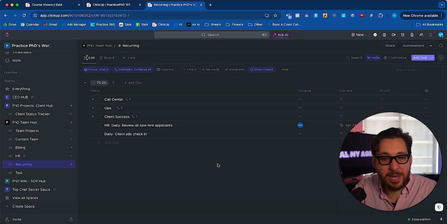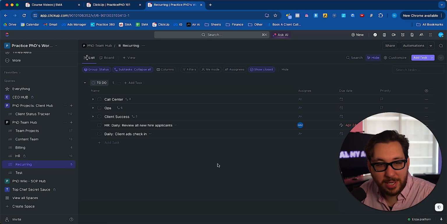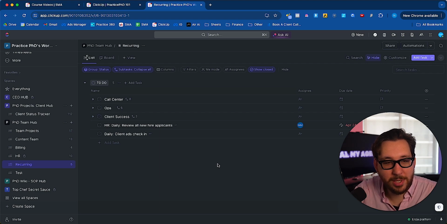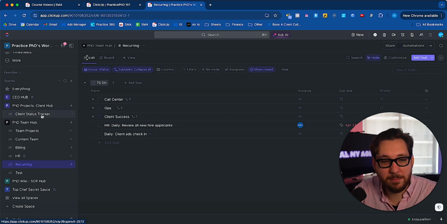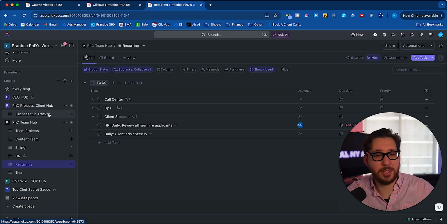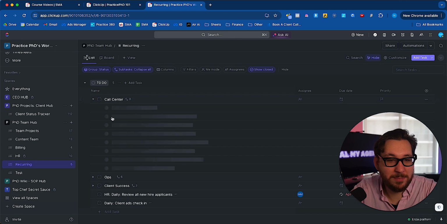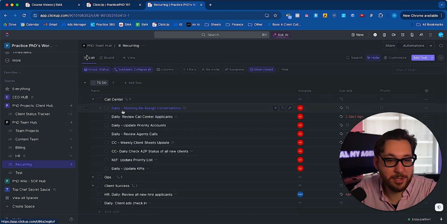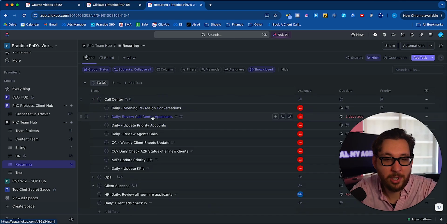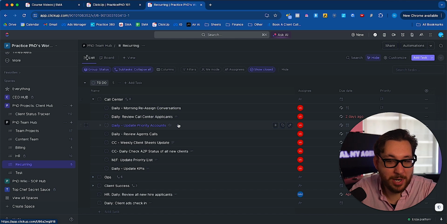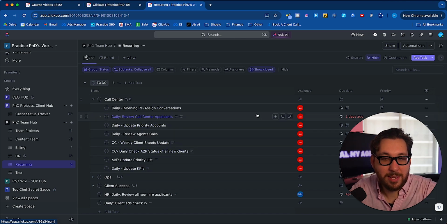This is where any recurring tasks that need to be done on a regular basis go. I suggest automating most of them and putting them into our client status tracker, like ads optimizations and client success check-in calls. But for miscellaneous things like the call center, assigning conversations in the morning, reviewing applicants, and updating priority accounts, those get auto-assigned